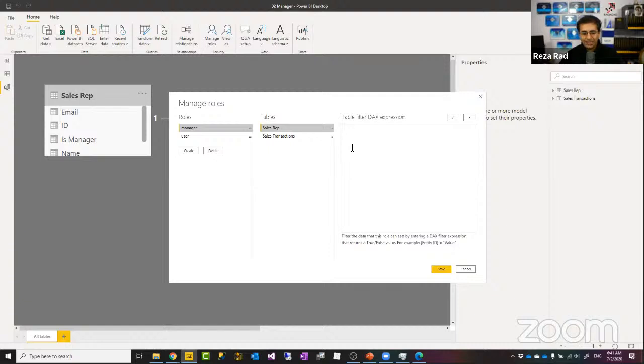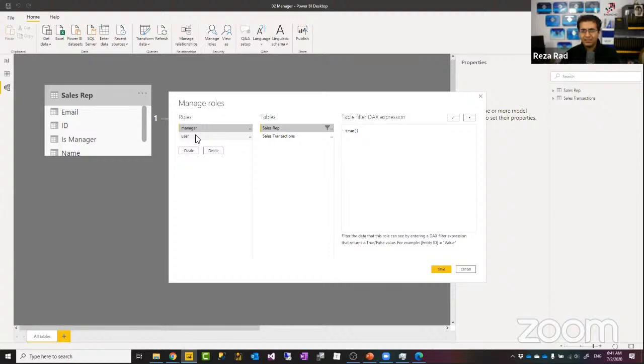Anyway, if we create a role like this, is this really going to be dynamic role-level security? Not really, when you think about it, because we have created that logic again inside Power BI Desktop. The whole concept of dynamic role-level security was to not do that, to not come and manage anything like that. What if after a couple of months we realize that now we need to add a mid-level manager, something like that? I should come here and define another role. So I'm actually moving towards static role-level security, which is not a great thing to do.